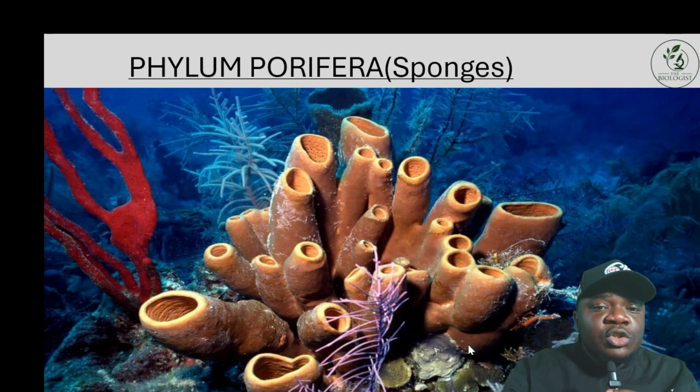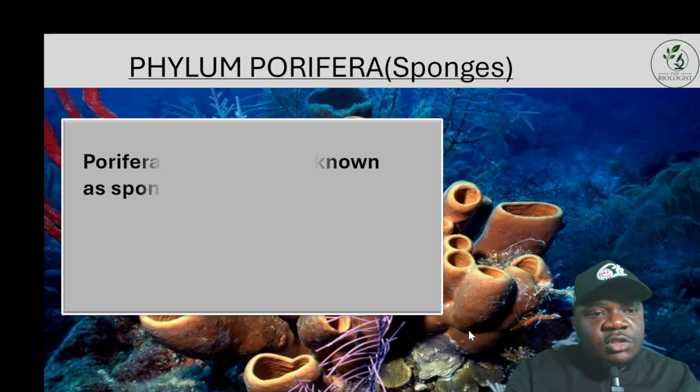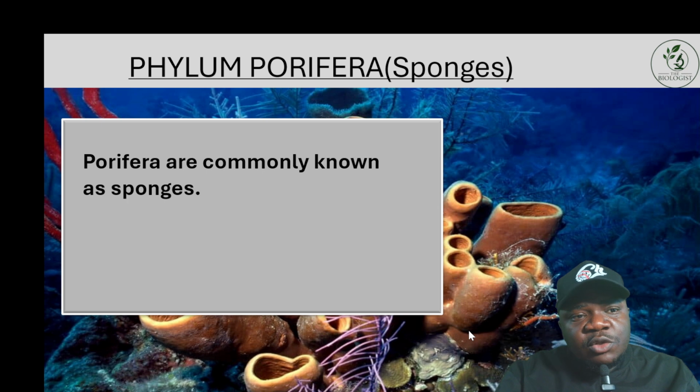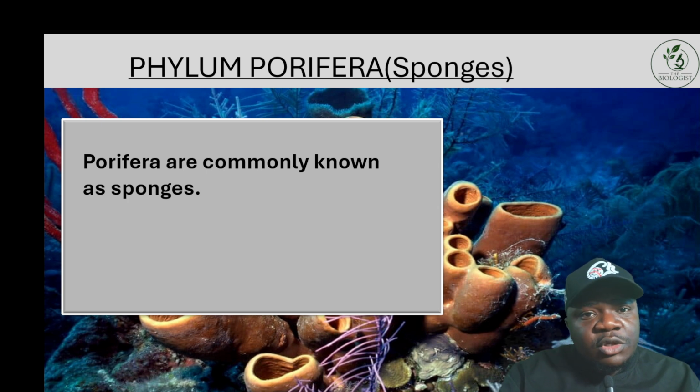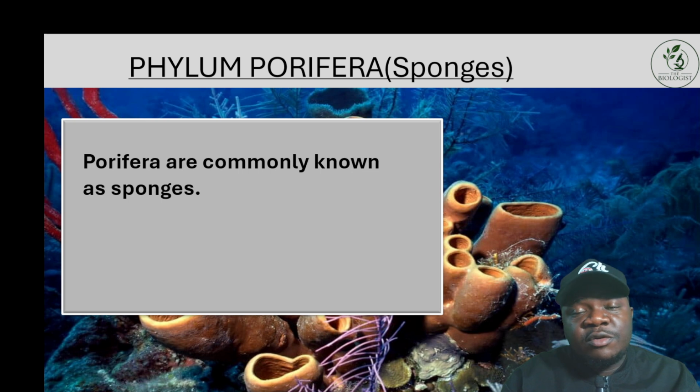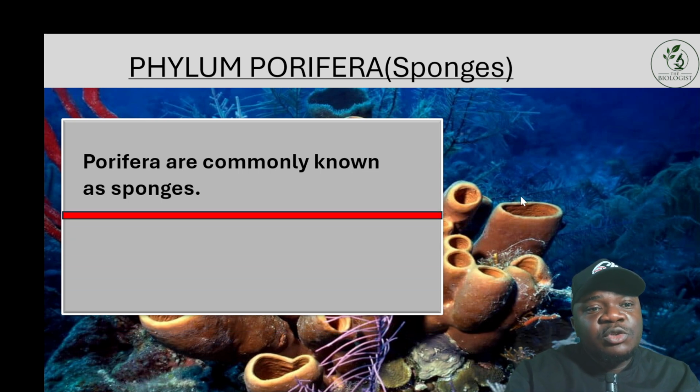All right. So the first thing we need to know here is Porifera are commonly known as sponges. So that's a common name, and it's very important to have that in mind. Because for example, if you're writing an examination, they can give you an example of sponges or ask you to write the characteristics of sponges. So if you don't really know what sponges is, you find it very hard to answer that question. So it's very important to know the common name.